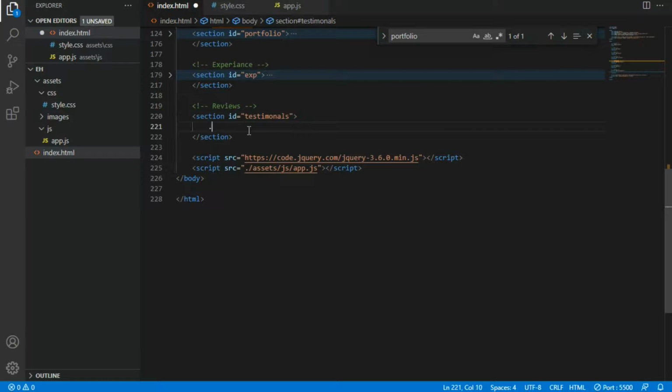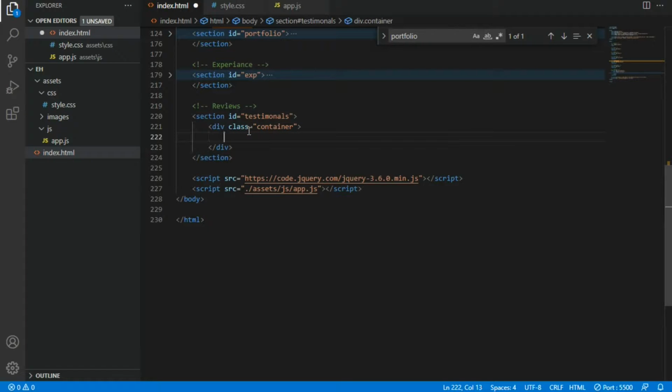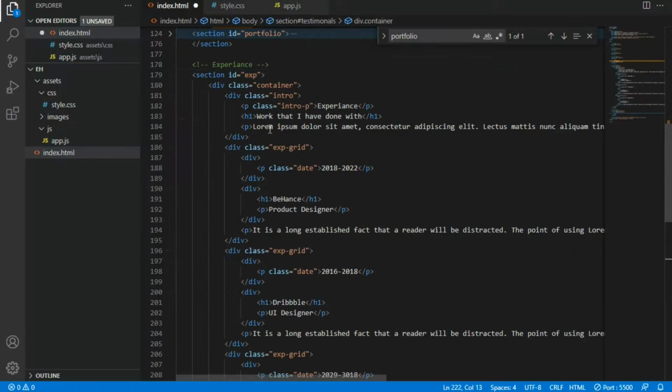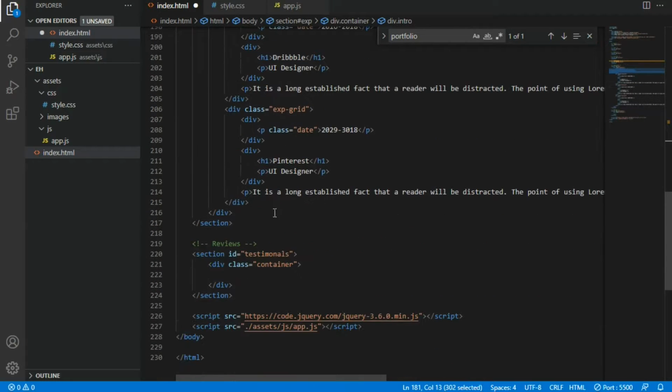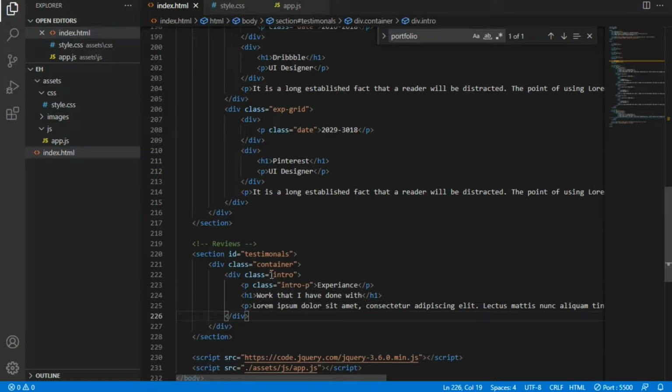Here I'm going to create a container, and I'm going to copy the intro text. Okay, and I'm going to paste the intro text inside this container class. Okay, I'm going to rename this to reviews or testimonials, and I'm going to rename this text to